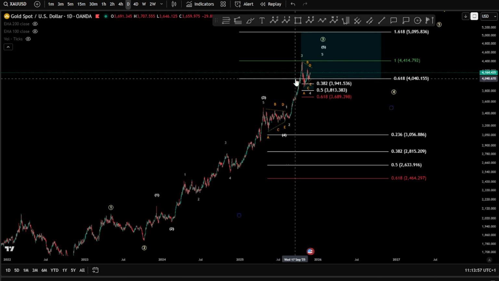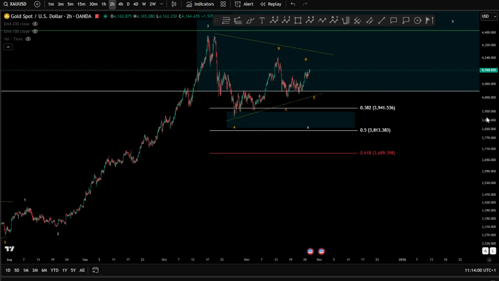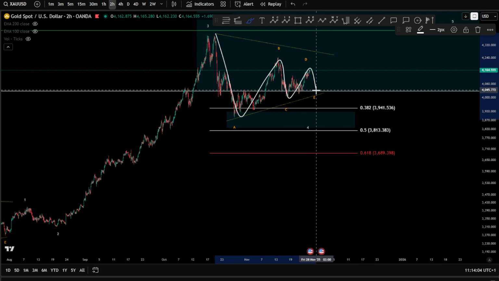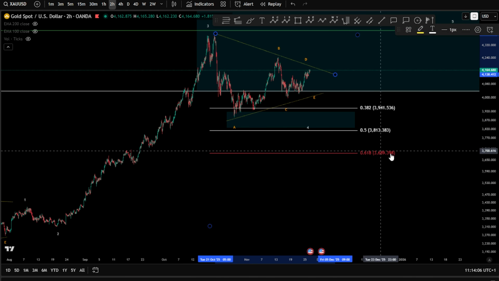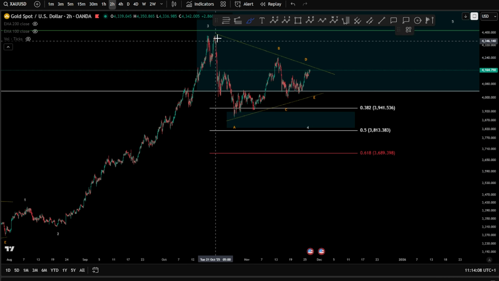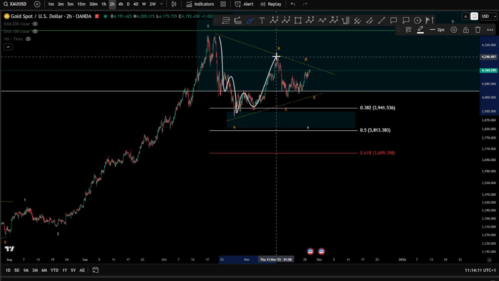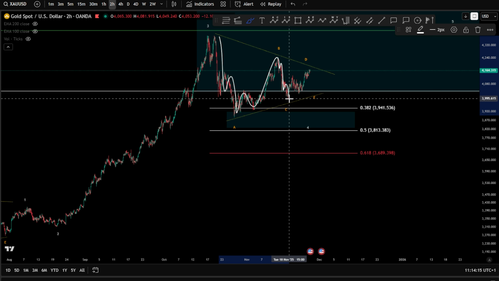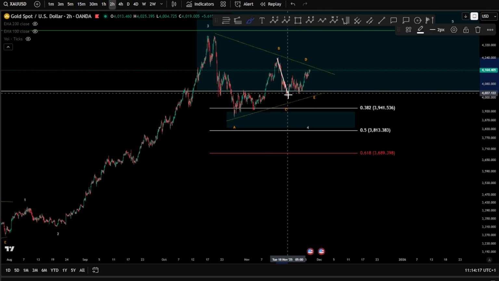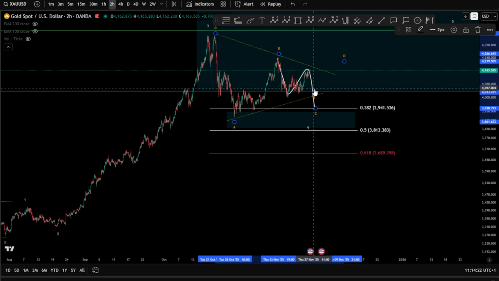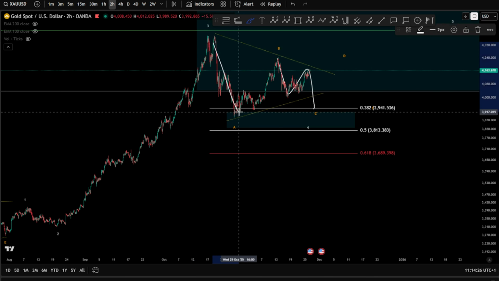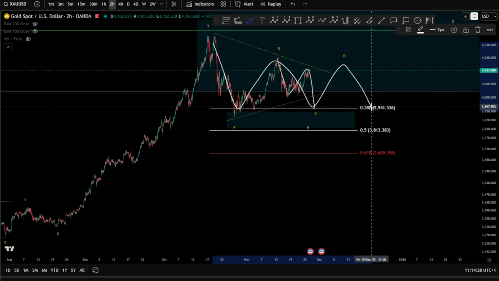Now, in case we dive a little bit inside here, this correction, we can see clearly that we are in an A, B, C, D, and an E potential triangle unfolding over there. We can see, of course, a zigzag for a wave A, zigzag for a wave B. Now, this is looking like a perfect impulse. So the question mark, is it the wave A, B, and a C for a wave C and a wave D for a very longer correction in a triangle, meaning A, B, C, D, and an E, and then pushing